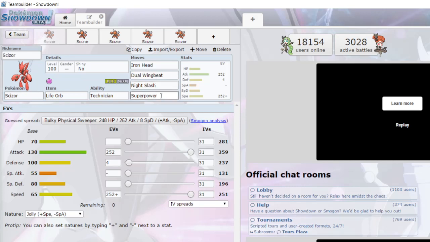And then Superpower. You don't have to run Superpower if you don't want. You can run Brick Break here if you want to break some screens from G-Max Resonance Lapras. But Superpower just gives you a nice Max Knuckle, helps you boost your attack, and can be a nice wall breaker, really strong option against things that are weak to fighting type moves. So yeah, let's take a look over here on Pikalytics, and we'll look at the top